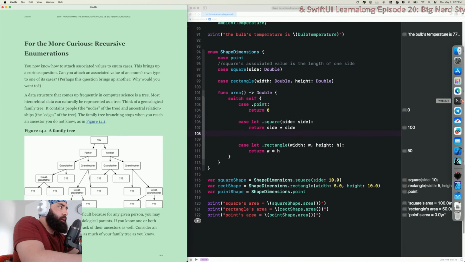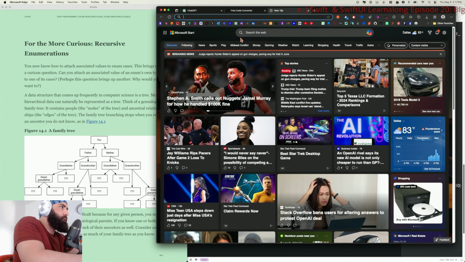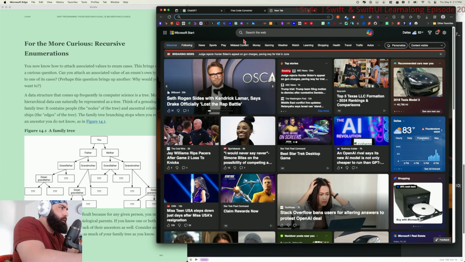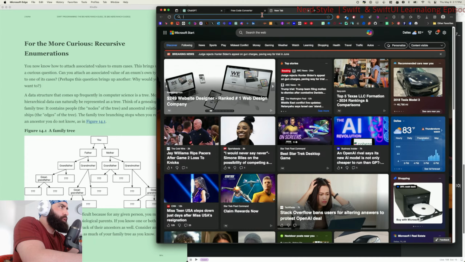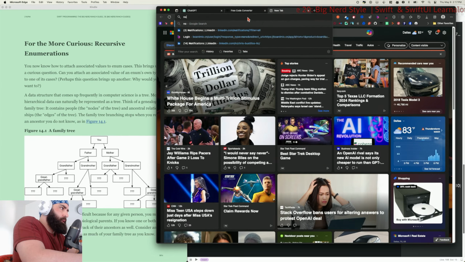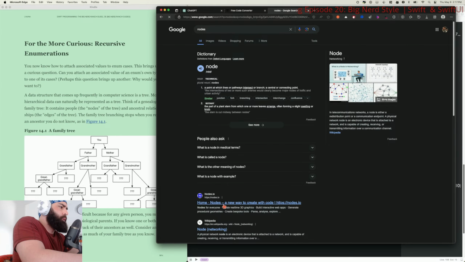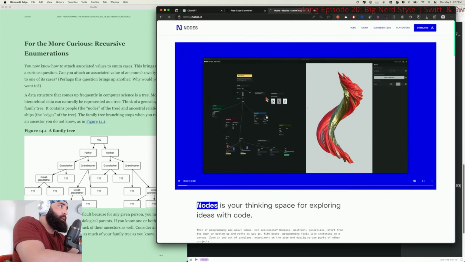Oh, real quick. I know I love tools. Let me show you guys this real quick. I'm showing you this because it's free, and I'm really curious what somebody with more time might be able to do with something like this, because it looks really, really cool. So here's the website, nodes.io. Upper right hand corner, you can just download the tool. It's an Electron app, so it'll work on anything, but it's really cool.